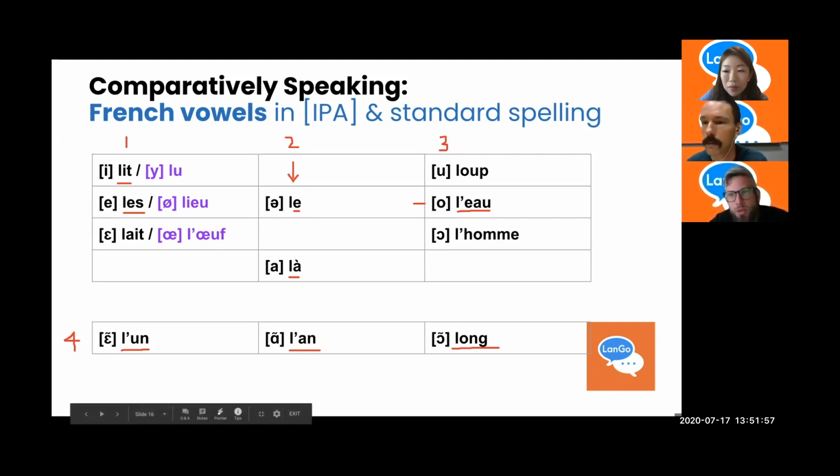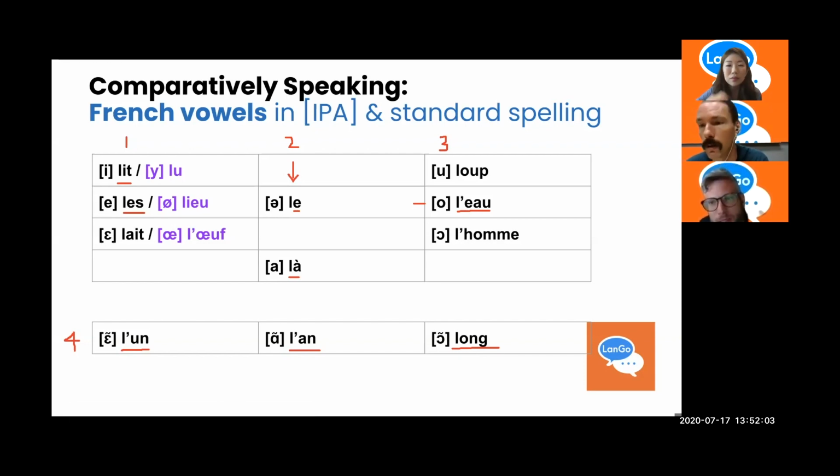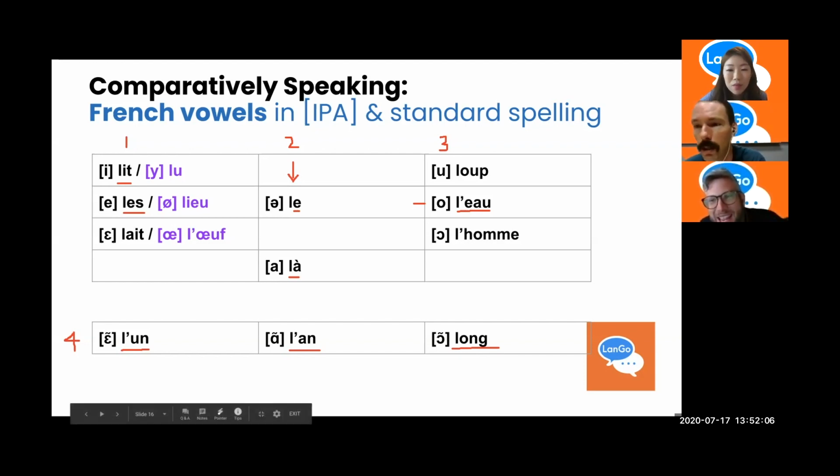And then loup is also final devoicing, in the word for wolf. Yeah. Devoiced so much that the P is gone. So there is no P heard. It devoiced to breathing.